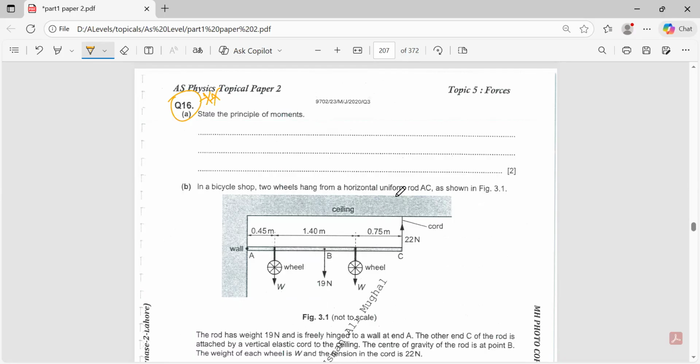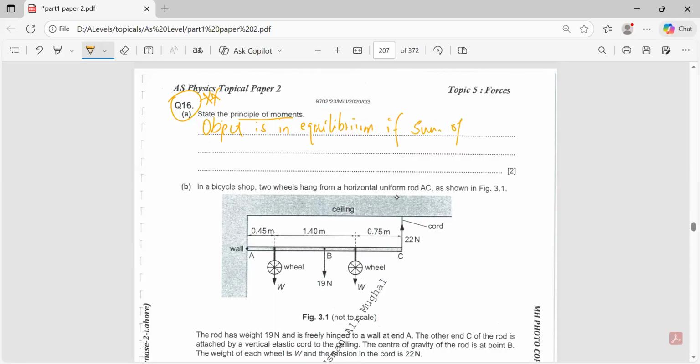Question 16 says, state the principle of moments. So how do we define the principle of moment? Object is in equilibrium, right? Object is in a state of equilibrium if